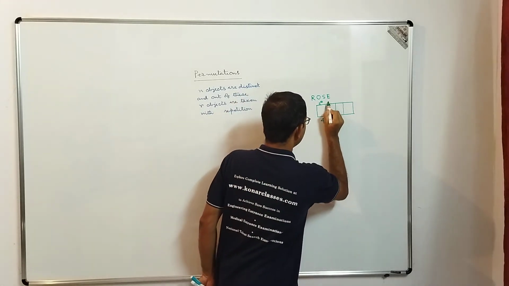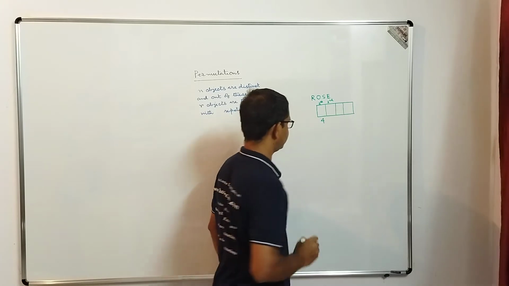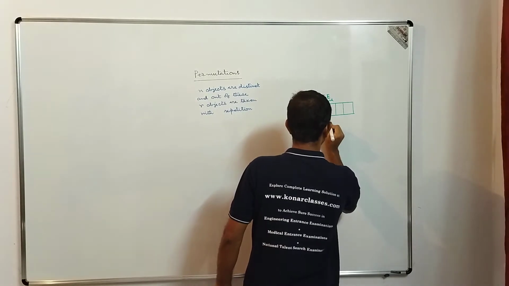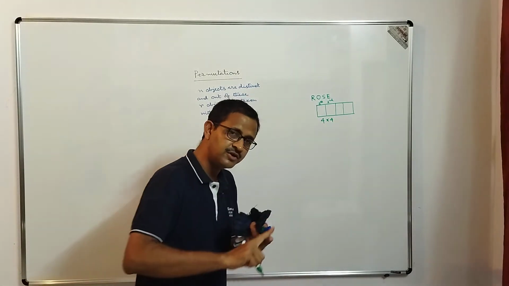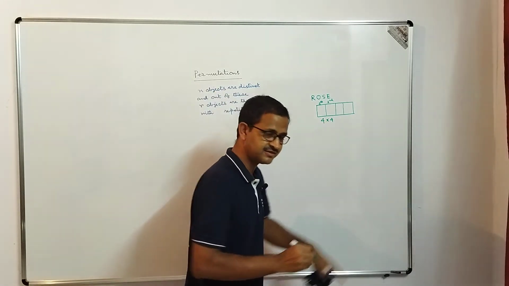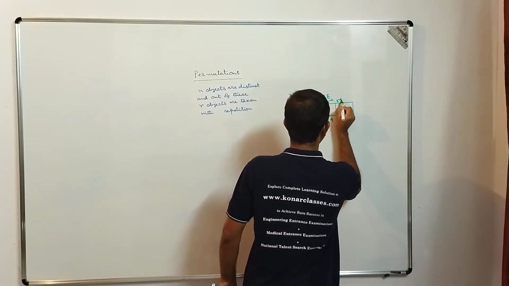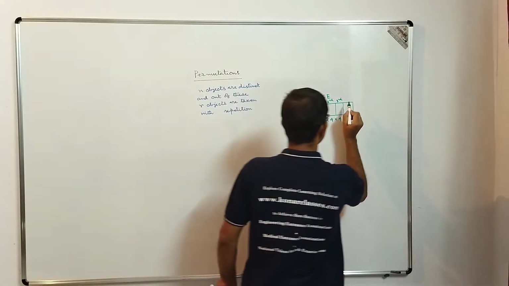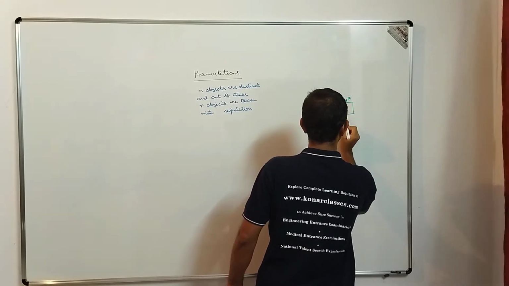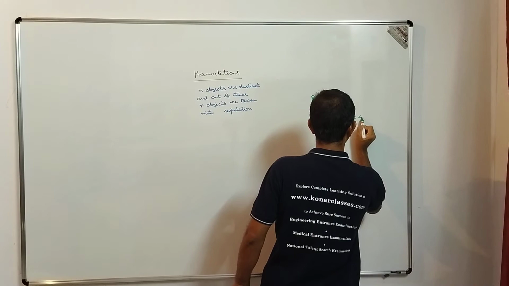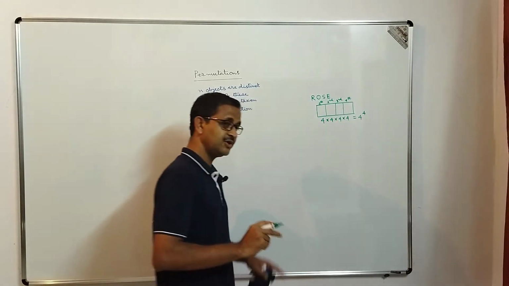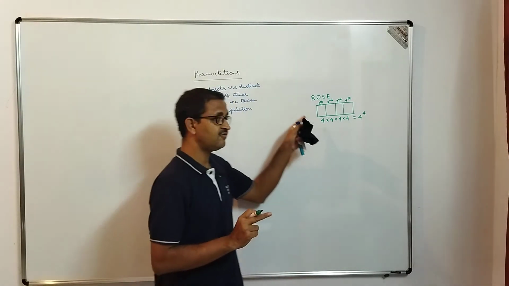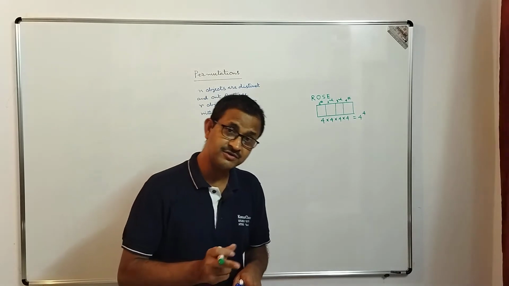Now for each of these 4 ways, the second place can also be done in 4 ways because repetition is allowed. So that means 4 into 4. For each of these 4 into 4 ways of filling up the first and second place, the third place can also be filled in 4 ways, so into 4. In a similar manner, the fourth place can also be done in 4 ways, so into 4. So that is equal to 4 to the power 4, the required number of possible arrangements. These are the possible arrangements when all the 4 letters of the word rose are taken with repetition.